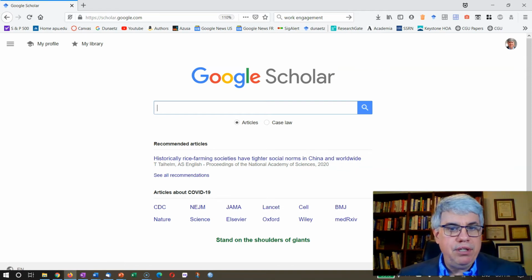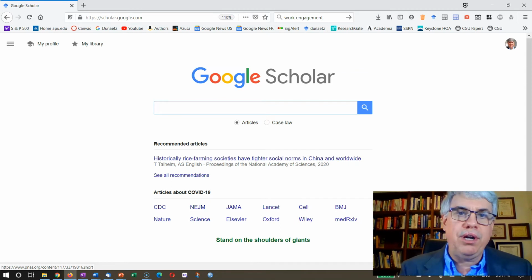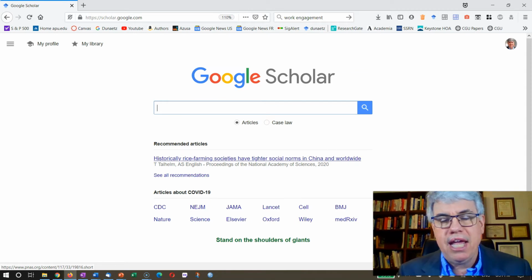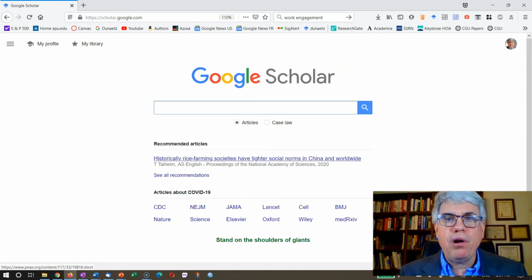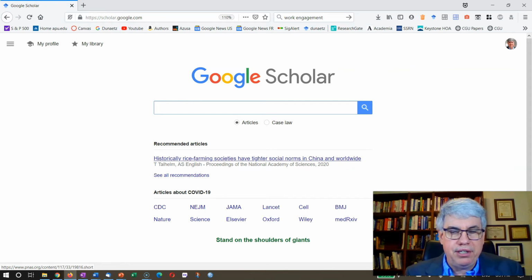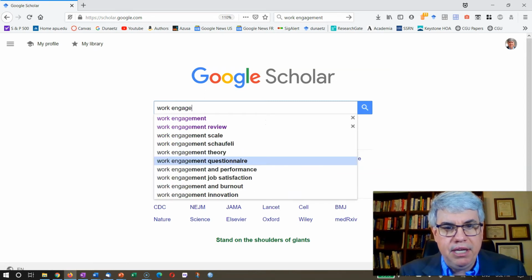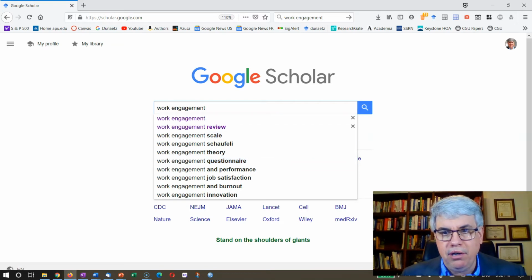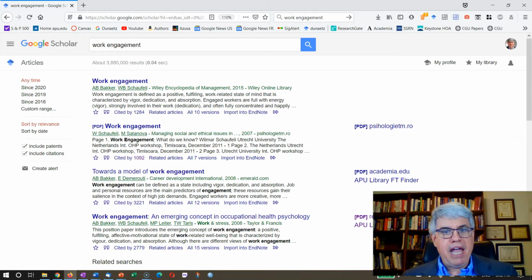Now, it works just like Google. And what you need to do is you can put in some topic related to organizational psychology or anything else, and it'll give you a list of the peer-reviewed journal articles that have been written on it, sorted by, does it have the words in the title, and how many people have cited it. So suppose that you're interested in work engagement. That's how excited people get about their work. That's a real hot topic in organizational psychology because it predicts so many things real well. So I will put work engagement in the search bar, and I will click it,